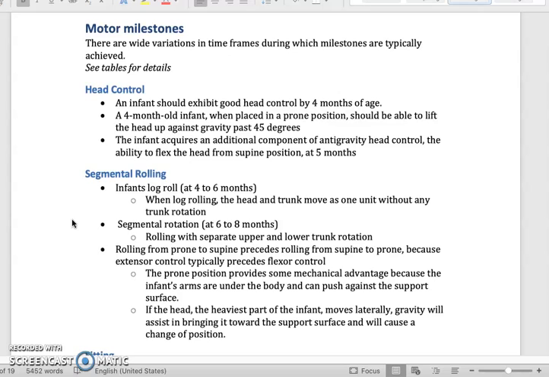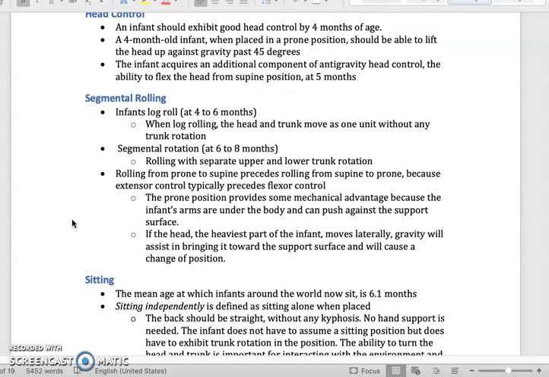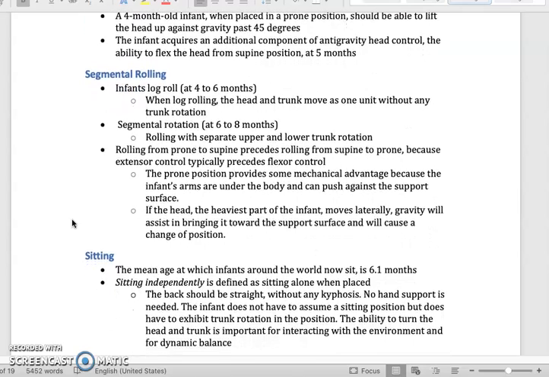So no head control. Milestone, 4 months. You need to know that this child then moves from this asymmetric patterning. Their head is always to one side or the other, and they're able to gain some control over their head. Know the difference between log rolling and segmental rolling. Okay, log rolling occurs first, quite naturally, because a baby can take its big head as soon as it turns. More than likely, because of the counterbalance, the head should follow, but there's no rotation noted at the trunk. The more mature type of rolling, segmental rolling, occurs a little bit later at 6 to 8 months.